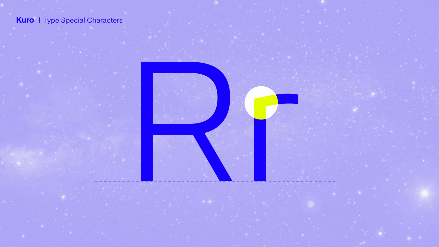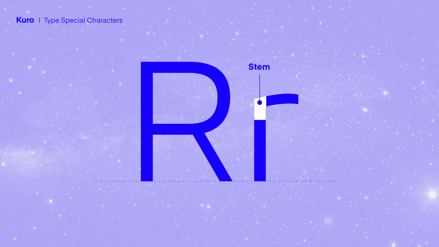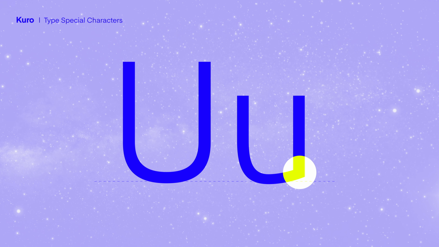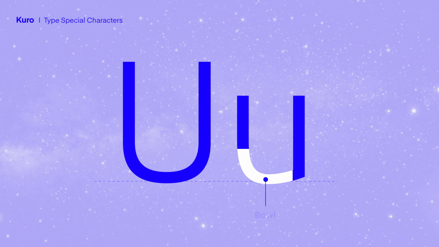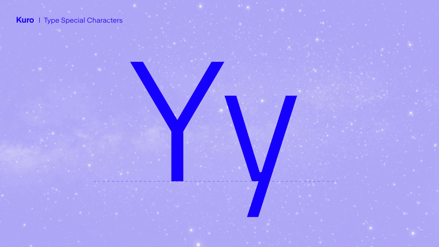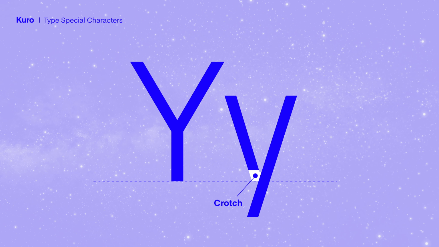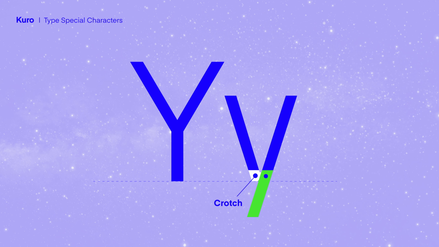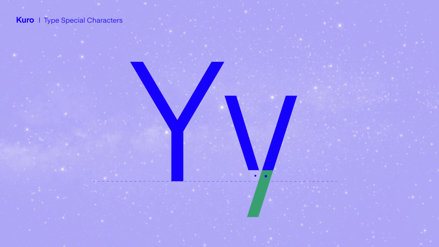For the letter R in lowercase, we are missing the head of the letter form, where it curves straight into the stem. For U in lowercase, like the letter A, we are missing a spur, where the bowl connects directly to the stem. And for Y in lowercase, again we see a subtle detail in the crotch. Here, this seems to be extended out rather than flush to the tail.